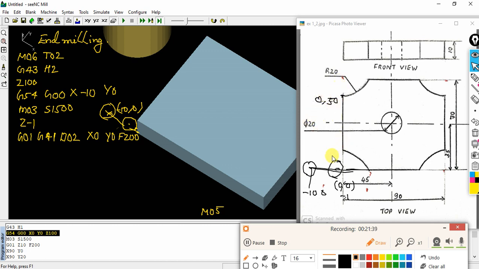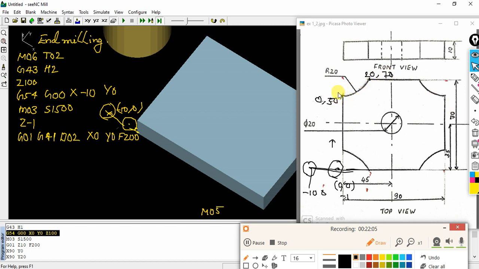You can notice that from 0,0 to 0,50 the movement was in a straight line, linear movement. Whereas if I consider this next point, my X distance will be 20, the radius I have known, and the Y distance will be 70. So that is this point.